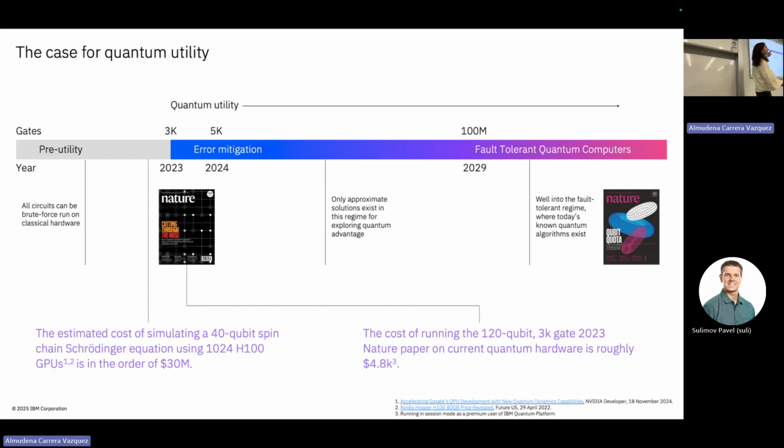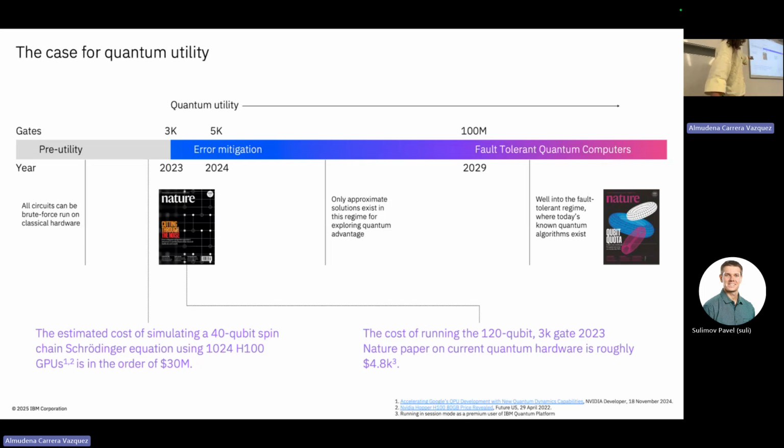Before error mitigation at a big scale and utility, all the circuits that we were running, you could simulate on your laptop pretty easily. So this utility era is the era in which we cannot just simulate the circuits, but we need to come up with clever classical methods to check whether the solution from the quantum computer is actually valid. And then later on, in 2029, is when IBM has said that there will be fault tolerant devices. That's the idea.